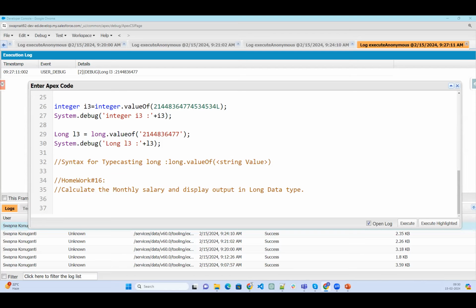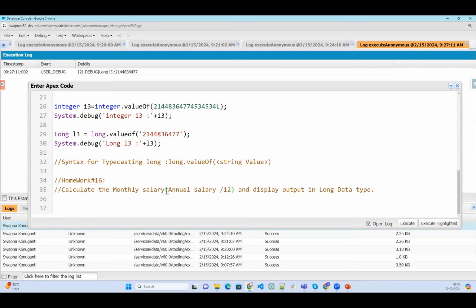How do you calculate it? What is your basic salary? How do you know that? Annual salary divided by 12. It's calculated to monthly salary.